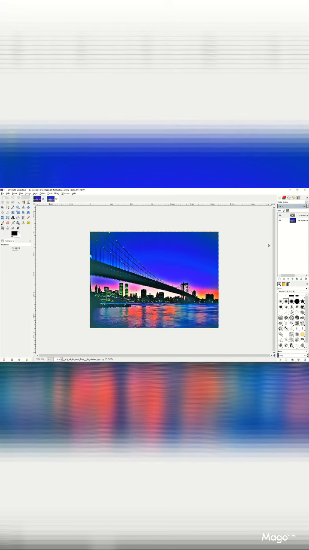So now we have blurred the whole image. What we're going to do with this blurred image is switch the mode on the top layer here to overlay. And now you'll see it has overlaid onto our image down below. And you want to tweak this by using the opacity bar over here on the right. So we're going to set that to about